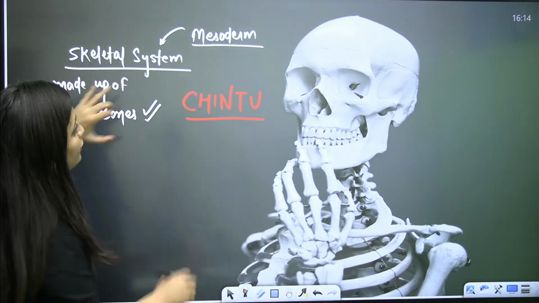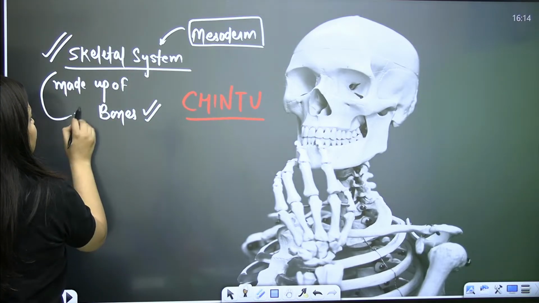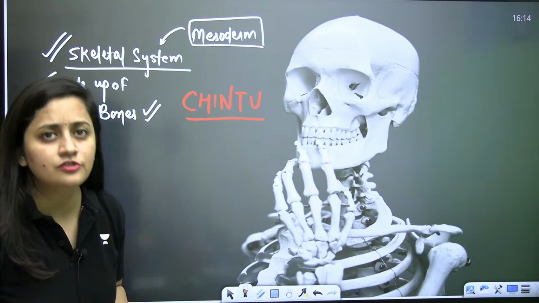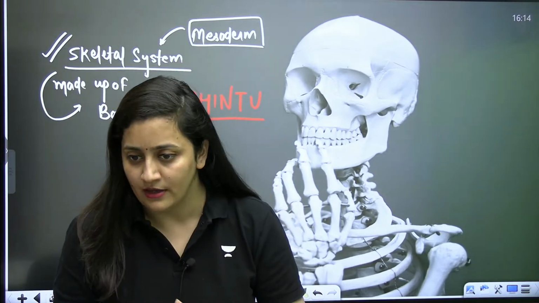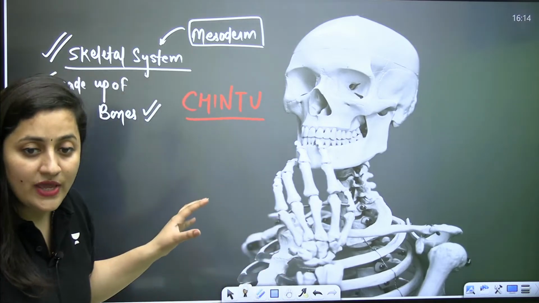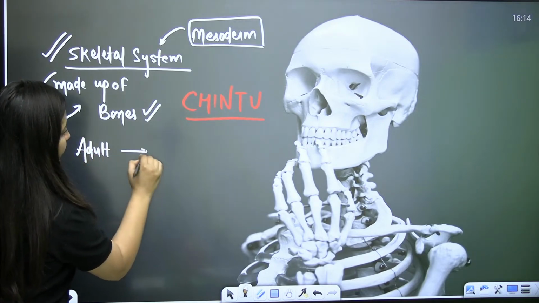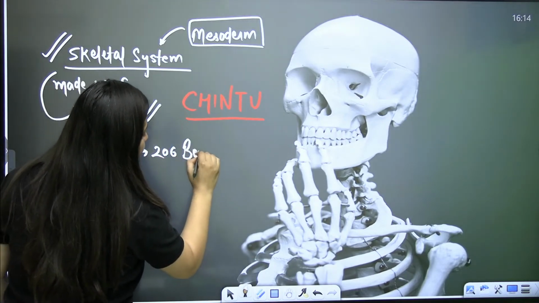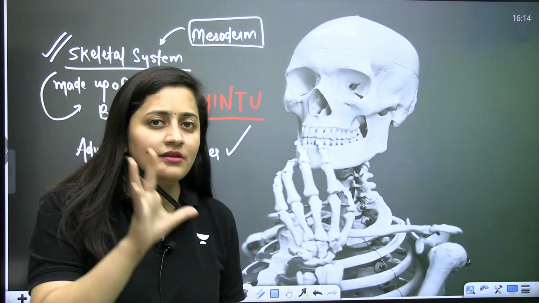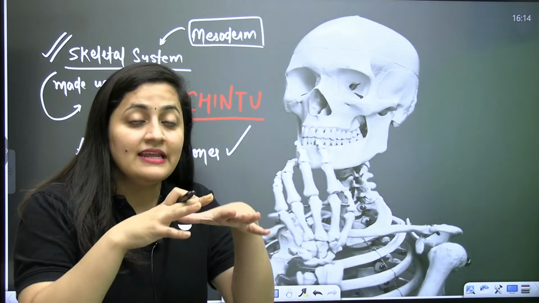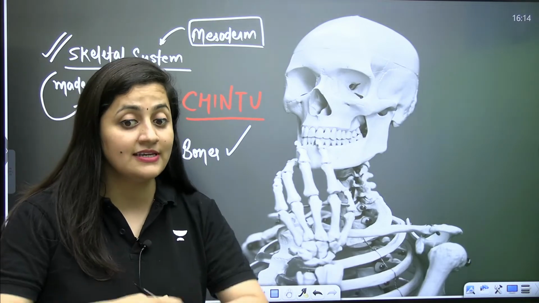So see, mesoderm is the germ layer that is going to form the skeletal system. And the skeletal system has the bones. Even we are going to talk about the cartilages here, but mainly our skeletal system is bony. What type of skeletal system do we have? We have the bony skeletal system. So if you talk about the adults, 206 bones are there. How many bones are there? 206. But can you tell me the number of bones in an infant basically?